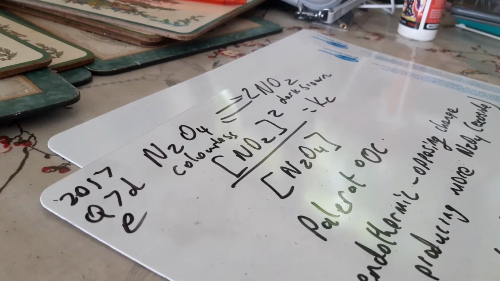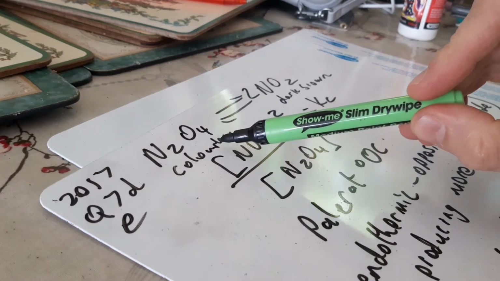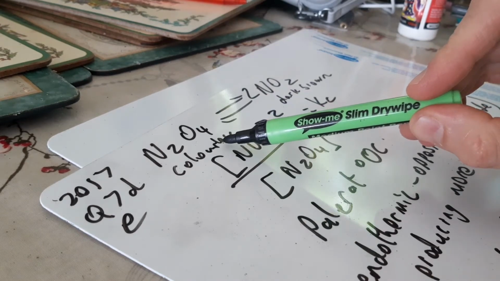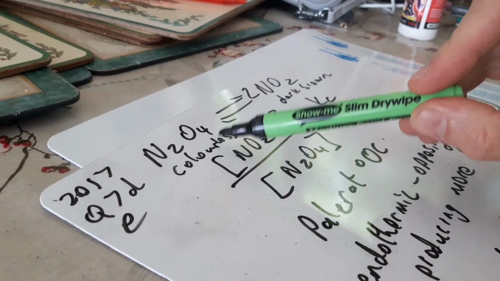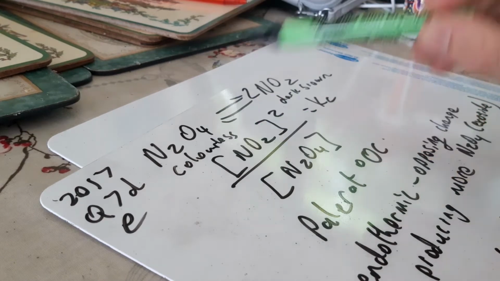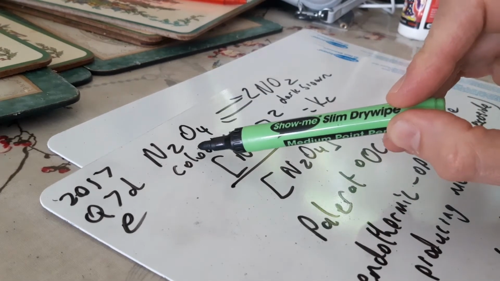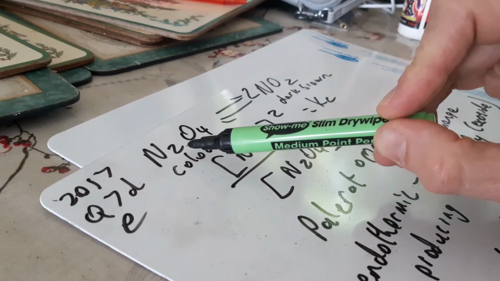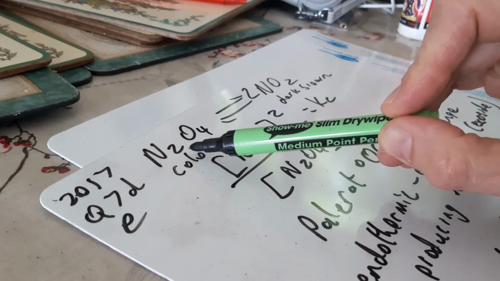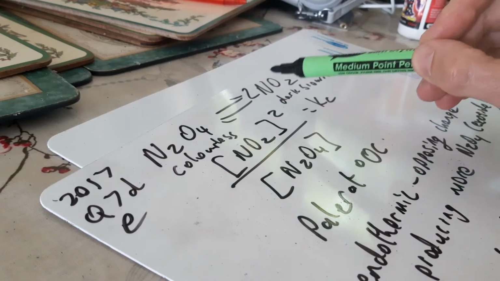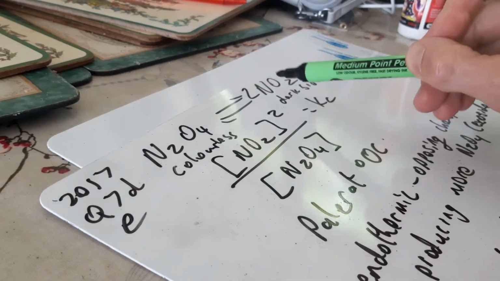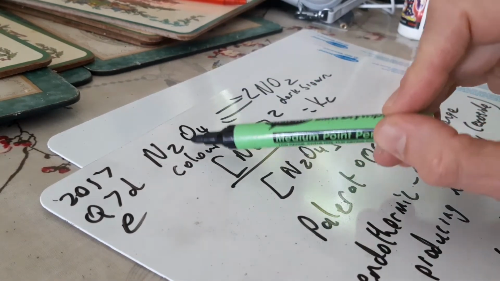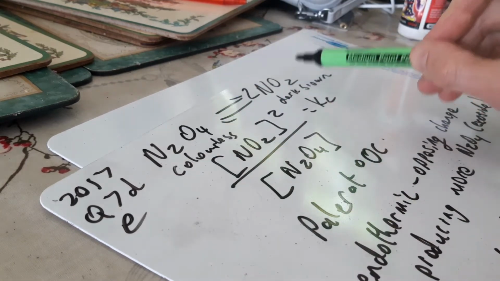Okay, so what are they asking us? They're basically saying when it's cooler, it's colourless, right? So what's happening? As we cool it down, if we can assume it's paler, that means it's producing more of this. So we're cooling it down and it's producing more of this. That tells us that this direction, as in right to left, is exothermic because according to Le Chatelier, it's trying to offset that change. So as we cool it, it's heating up. So it's producing more of this, which means that this direction, right to left, must be exothermic, which means this direction, left to right, must be endothermic.